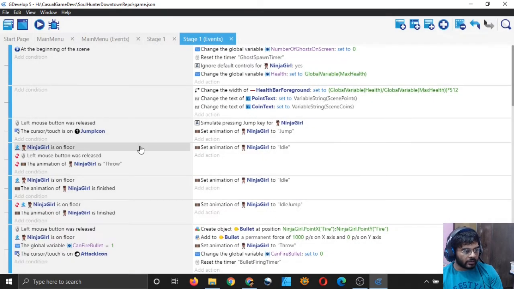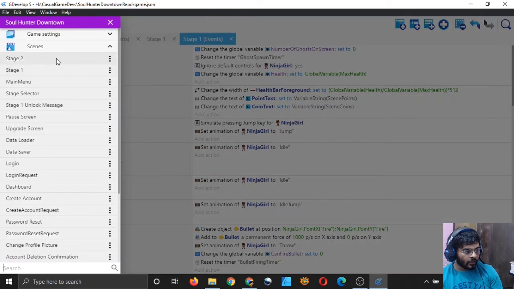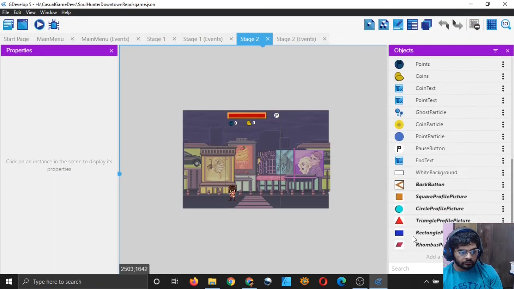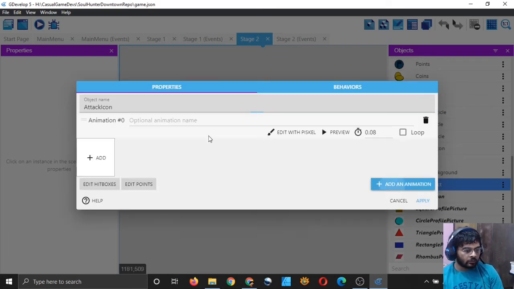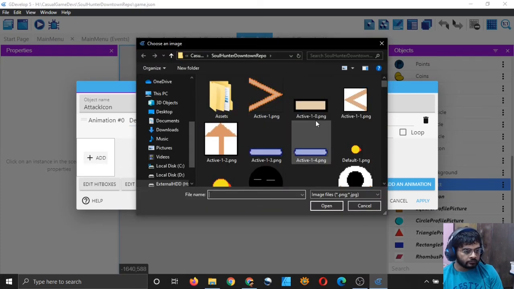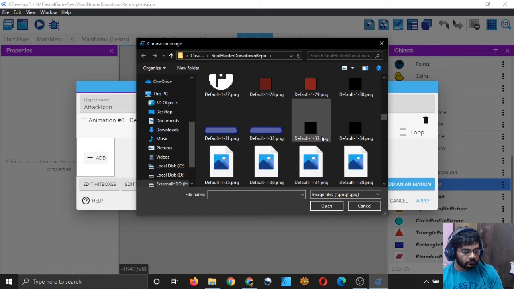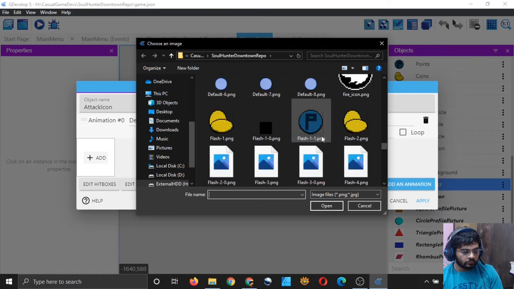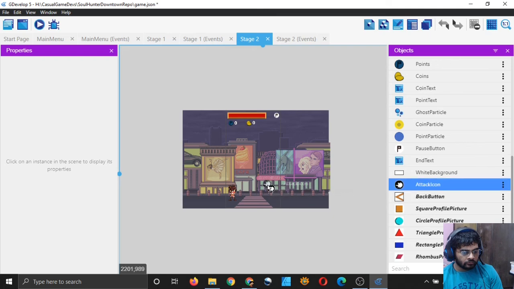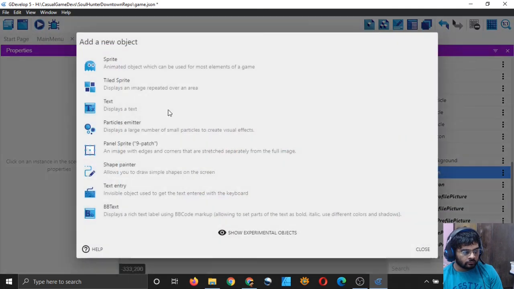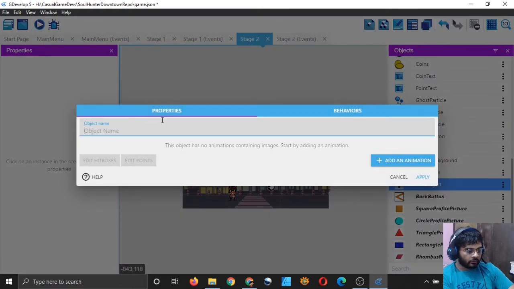First of all, let me add the same code on stage 2 also, and the same icons. Add a new object sprite and attack icon, and default. Simply add one, and then add one for jump icon.